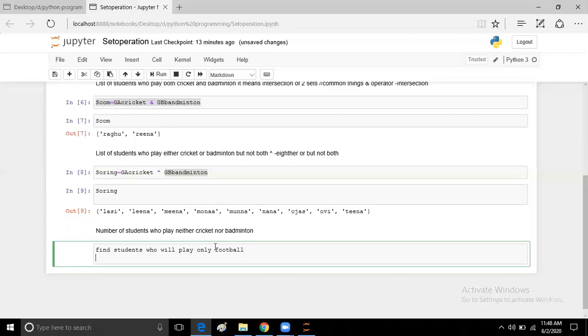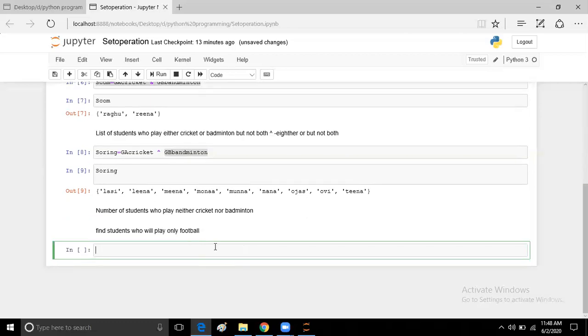Now if we have to find the students who only play football, we have to check whether there is any student who plays football as well as cricket.